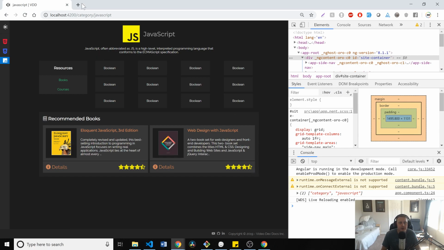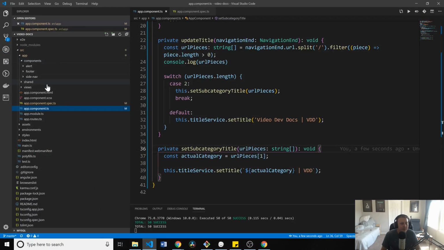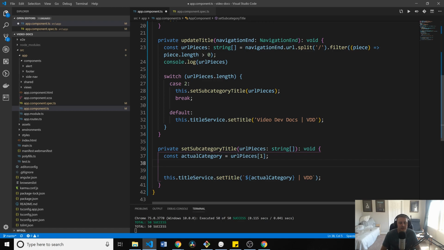Like you can see, it's going to lowercase it every time. So what we might have to do to make it look nice and pretty, specifically for JavaScript, is... this is fine. We want to capitalize that first letter. So we do something like